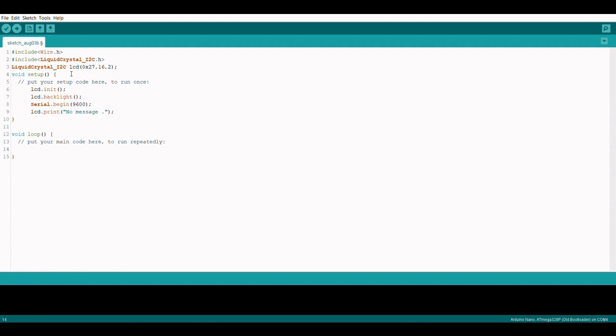In the void loop, let's first check if there's anything sent in the serial communication. So Serial.available can be written as greater than 0 or equal to 1, but this is by default considered as if it is 1 only, it's going to execute this. So only if the value over here is true. It returns a boolean as well. So we can just write like this: if Serial.available, then we can read the string, String message = Serial.readString. This is a function of the Serial class used to read a string,